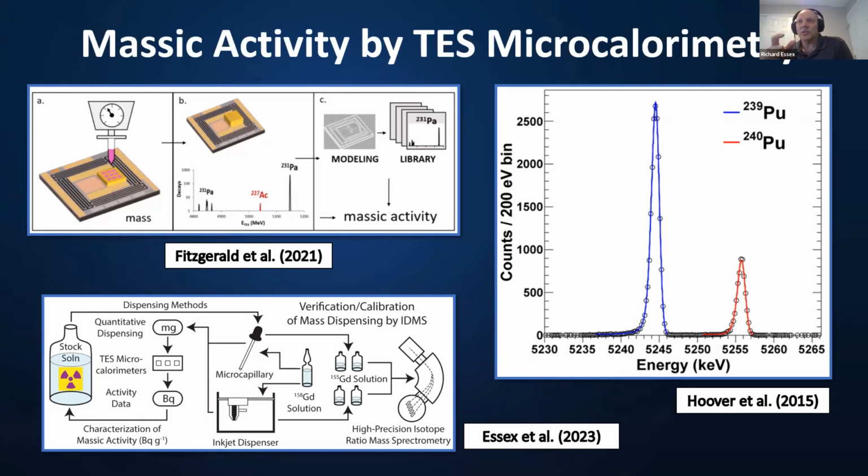And we want to use these transition edge sensor microcalorimeters because they have nearly 100% efficiency for something like alpha decays, and they have the kind of resolution that allows you, even for alpha decays, to clearly distinguish between something like a 239 and a 240 plutonium